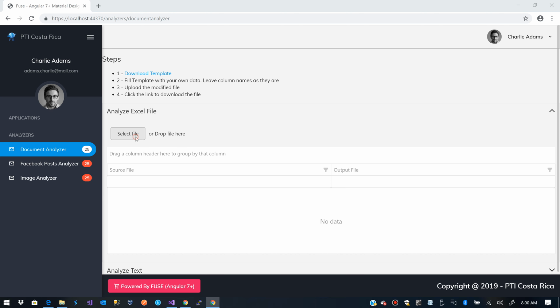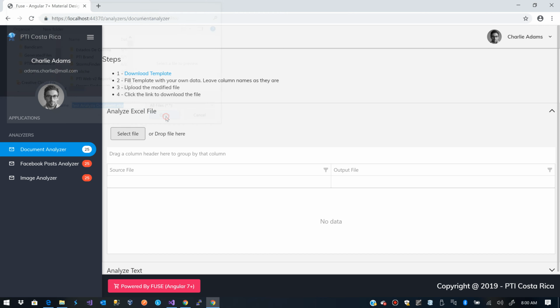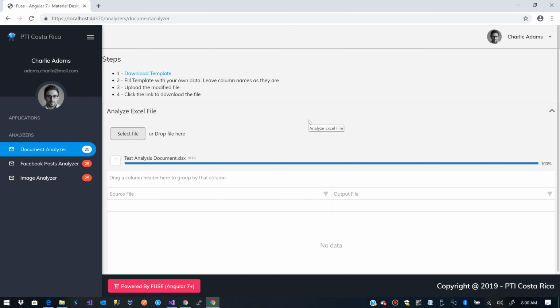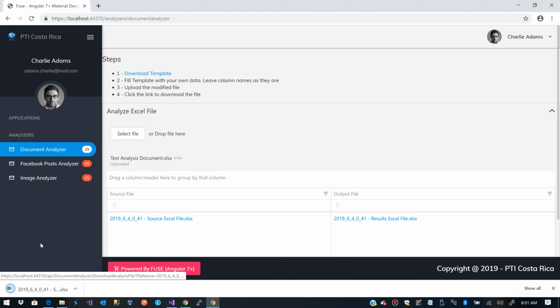So you select the file. We have a sample file, which is this test analysis document, a spreadsheet. Then we will select it. We will wait for the system to process it, and we will see that in the table below we will find two links: the one to the source file and the one to the output file. So the source file